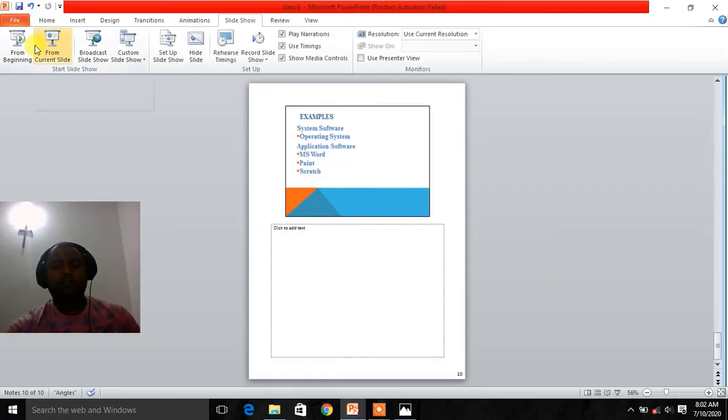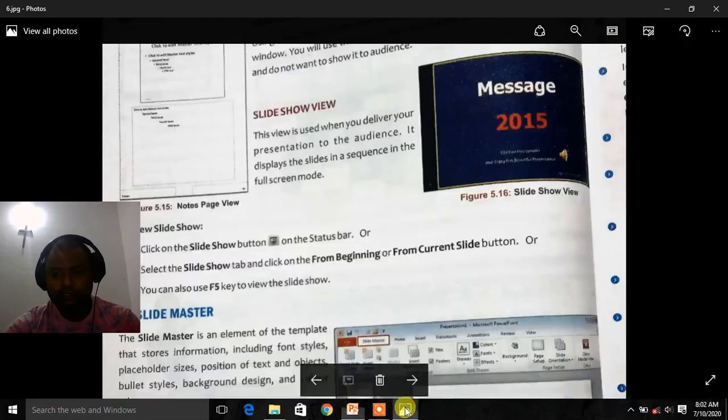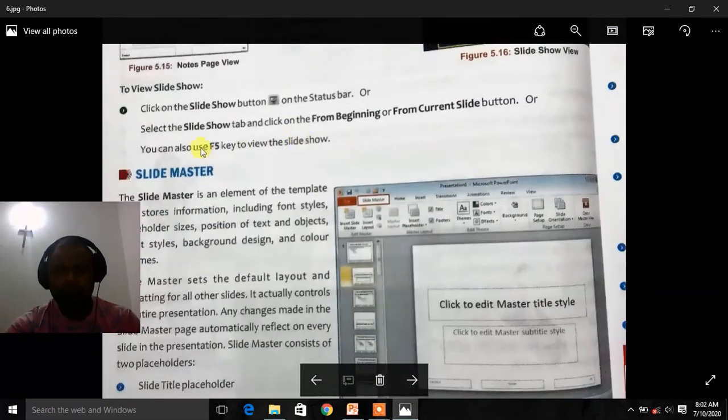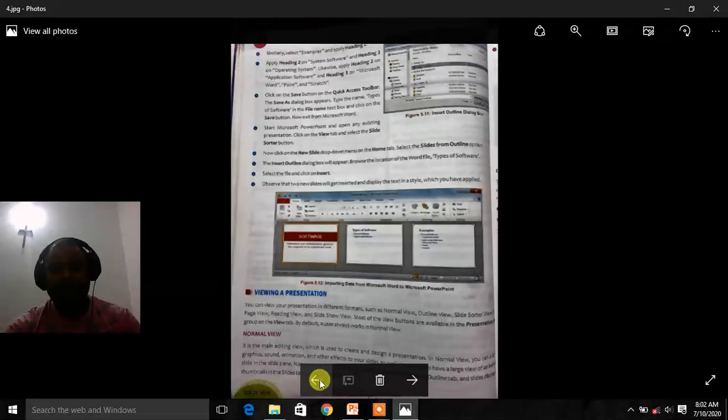So this is the way we use these view buttons.